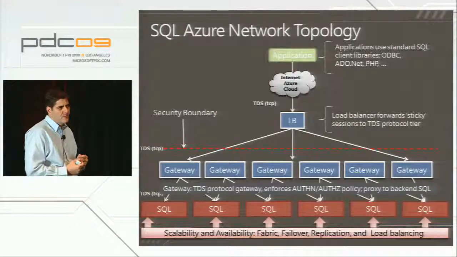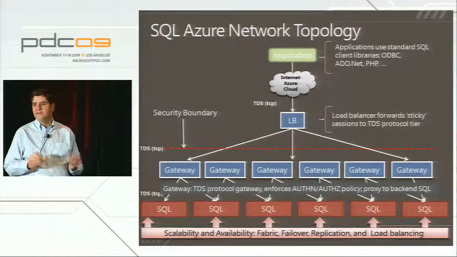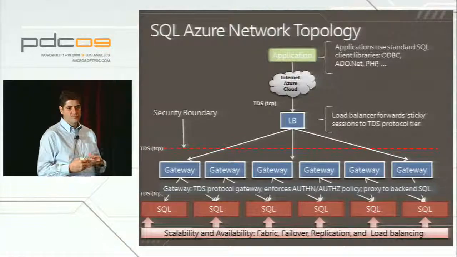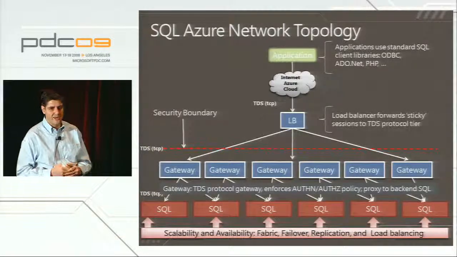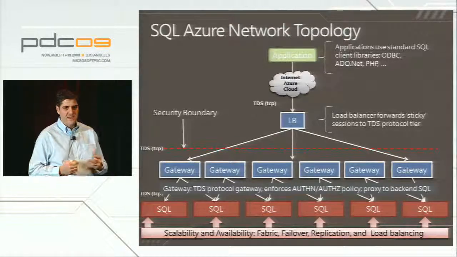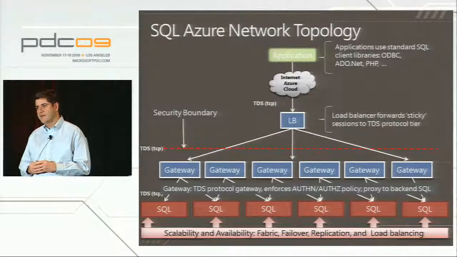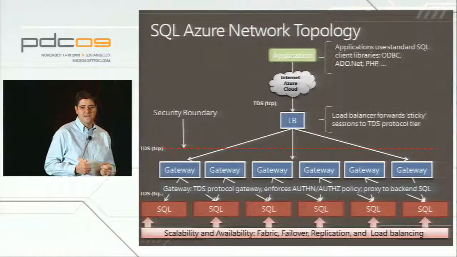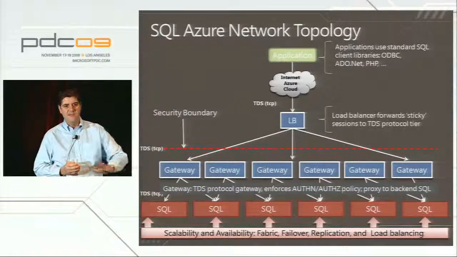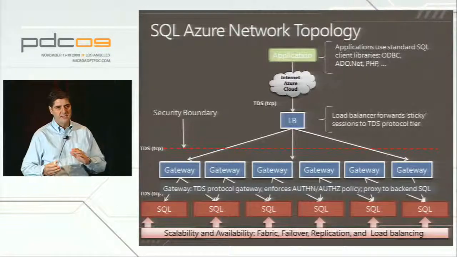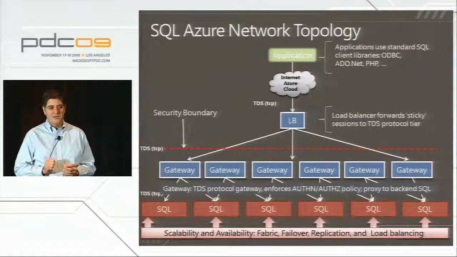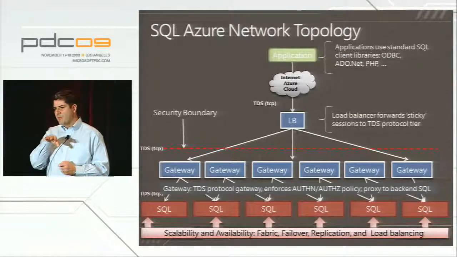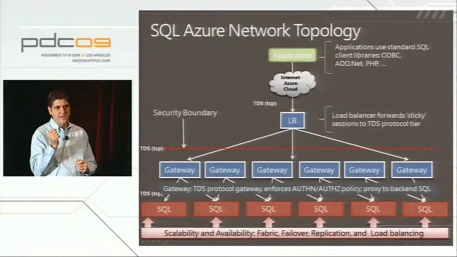So when a node disappears, for whatever reason, if the hardware blows up, the disks die, or some process fails, or some piece of code had a bug and it died, the fabric is the one responsible for detecting that. As soon as the fabric detects failures, it initiates a failover mechanism to basically eliminate the dead node and recover whatever needs to be recovered and switch the primary databases. So you see very little